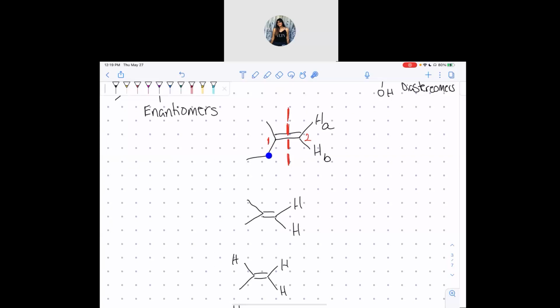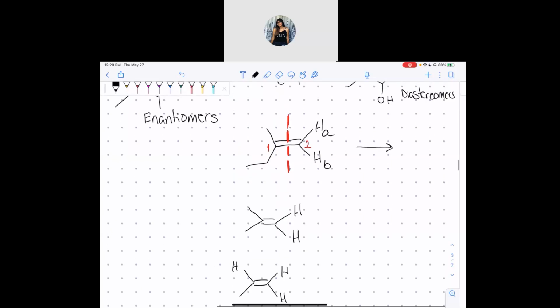Step 2 is make sure the other carbon has 2 unique groups. So we don't want symmetry. In this case, does that check out? Sorry, I can't sit like a human. Yes, it does check out. So we have 2 unique groups. Sweet. So the reason that's important is because if we substitute the double bond,